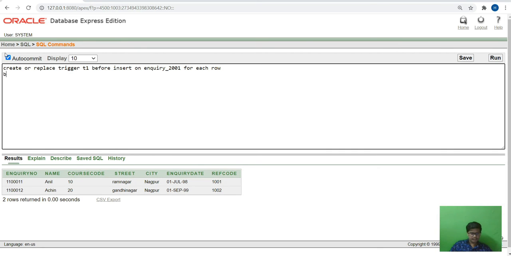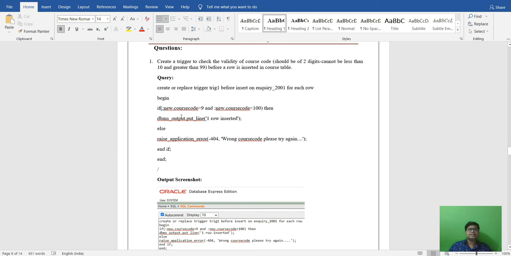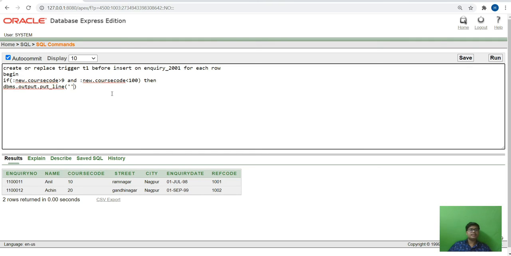So here we will begin if new.course_code is less than 9 and greater than 100, then dbms_output.put_line.